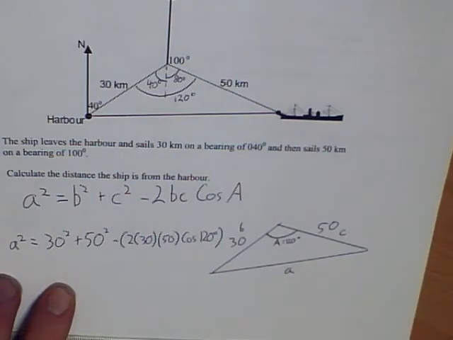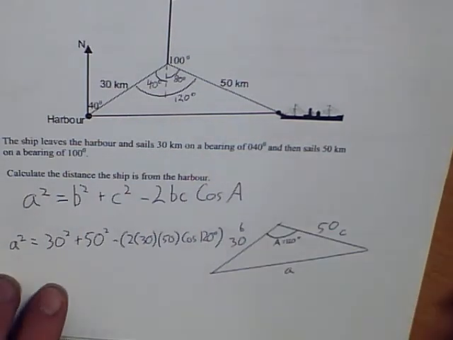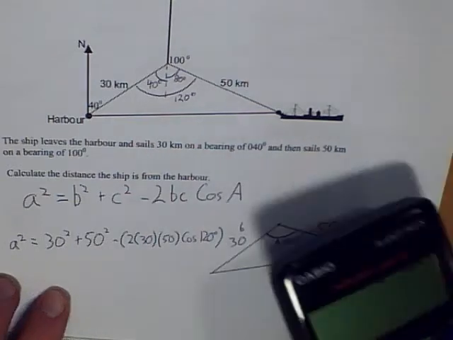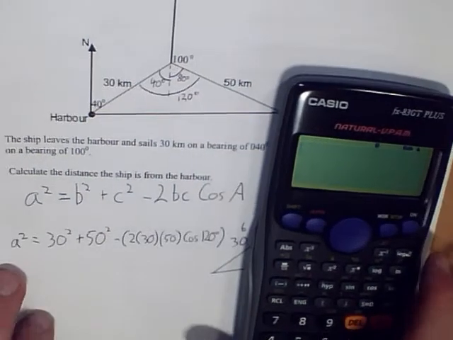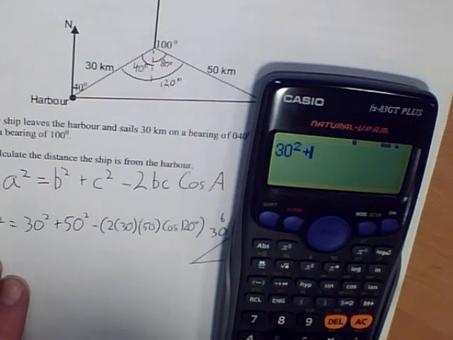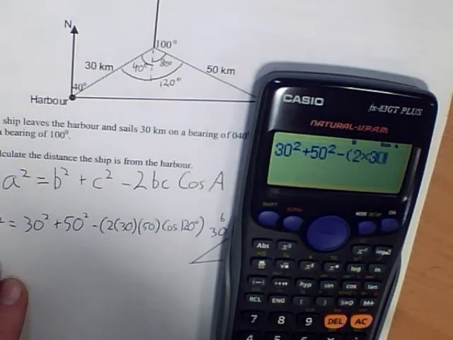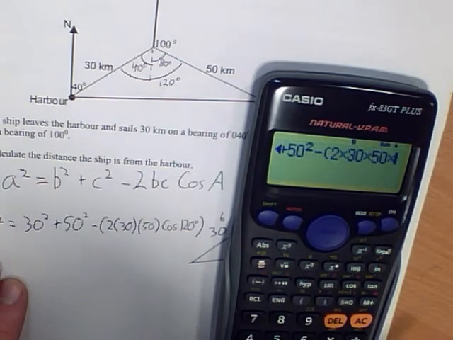There we go. That's it. So we're going to put that into the calculator carefully again, being very careful. So 30 squared plus 50 squared minus 2 times 30 times 50 times cos 120 equals